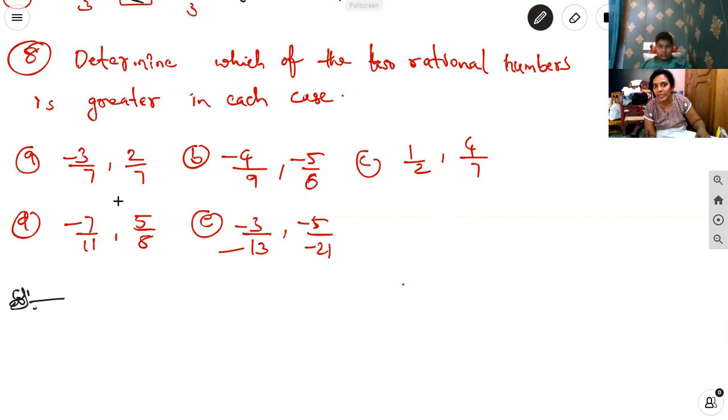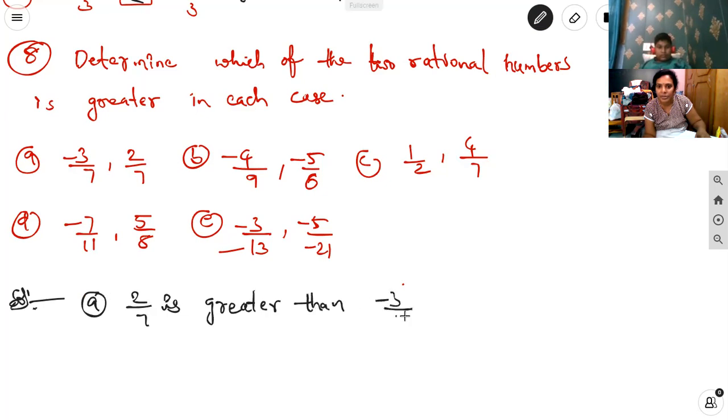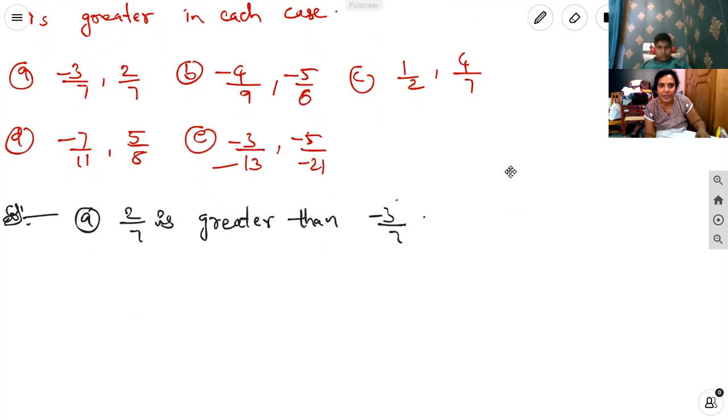Why? Because the denominators are the same. If we compare the numerators, and one is negative and one is positive, then the positive number is greater than the negative number. So in the first case, 2 by 7 is greater than minus 3 by 7. But in the second case, B question,